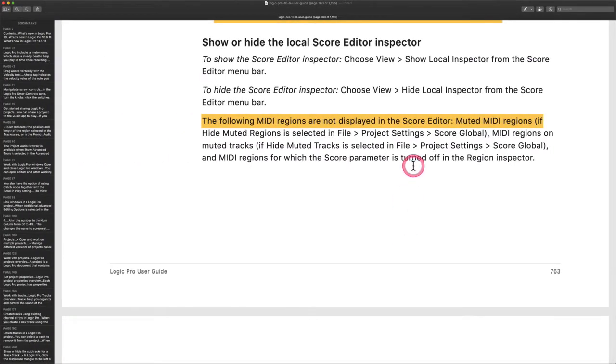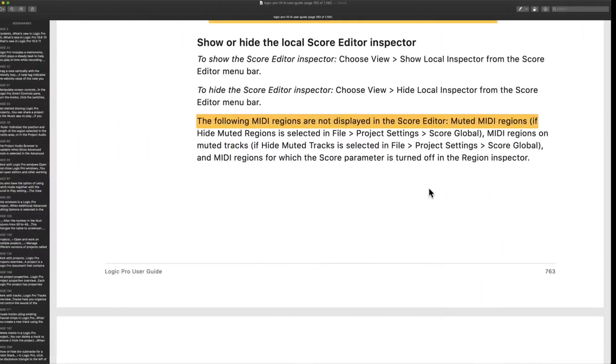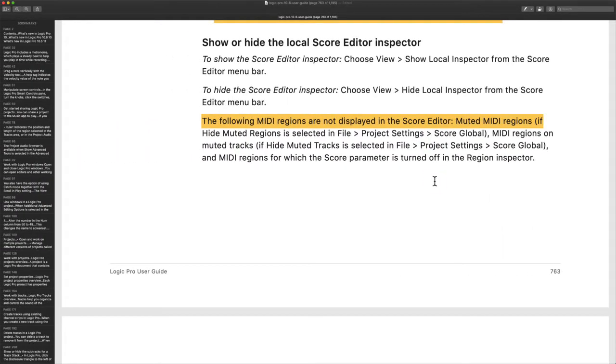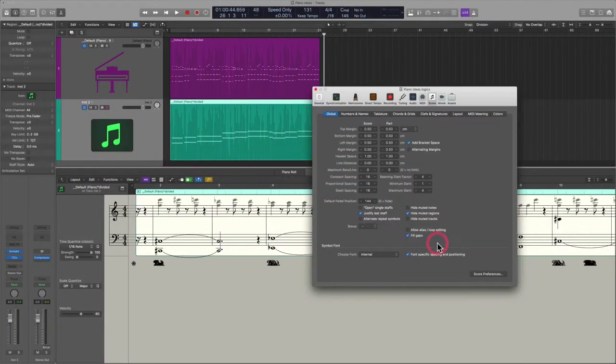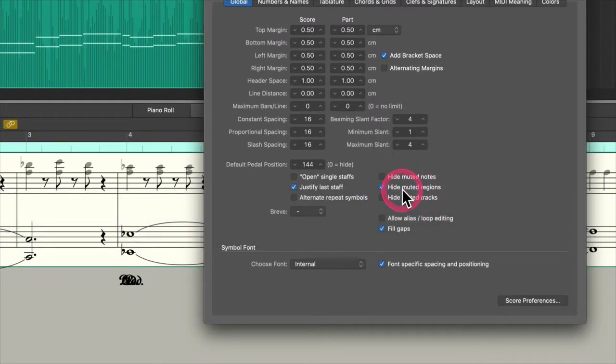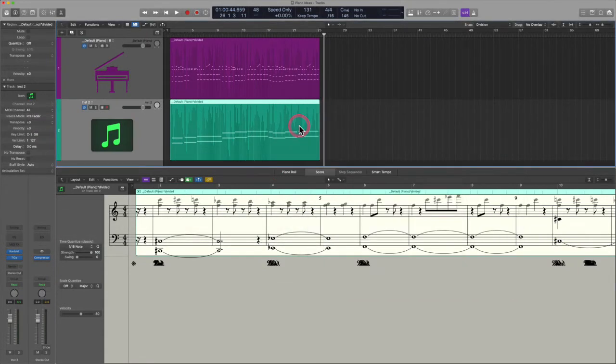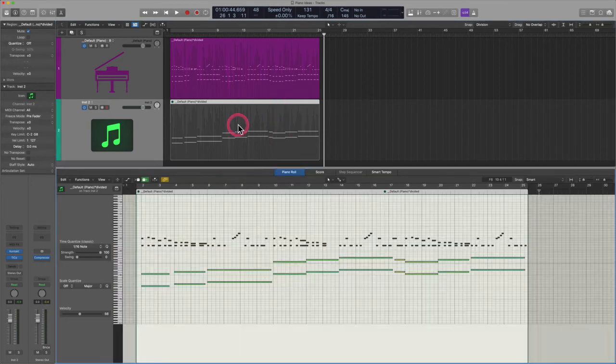There's so much stuff in there. Score global. Okay, I believe it's there. And then what are we supposed to enable? Muted, if hide muted regions is selected. So let's see, do we see that here somewhere? Hide muted regions. If you have this selected, we will not see the regions within the score editor. Although I am seeing them here, they're just muted, or dimmed out, should I say. Actually, no, they're right there. These are other